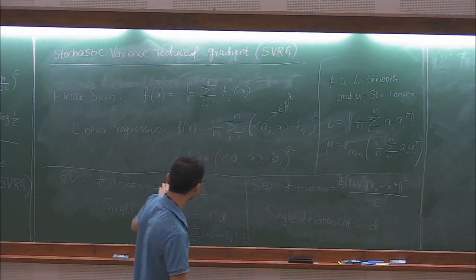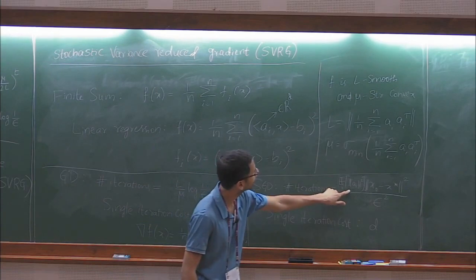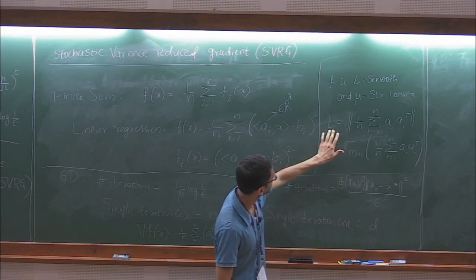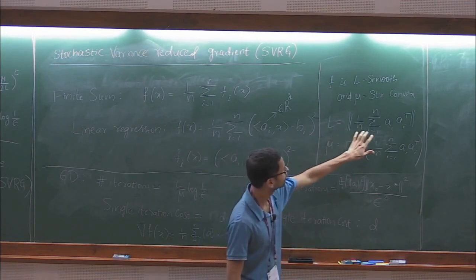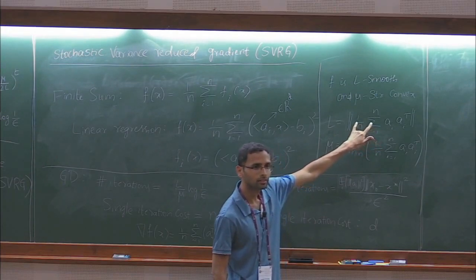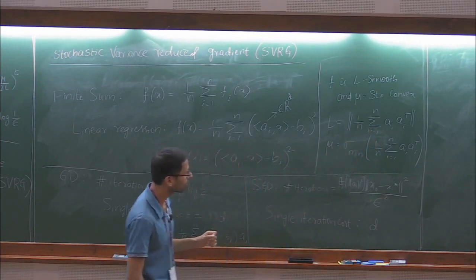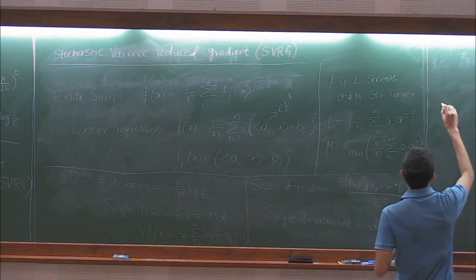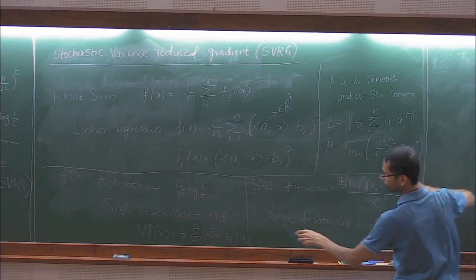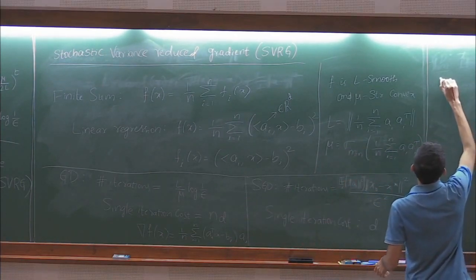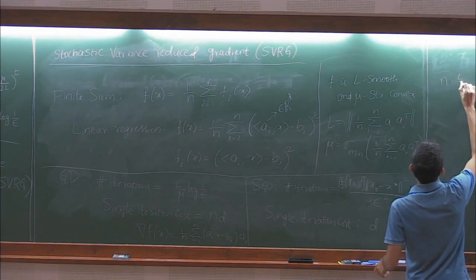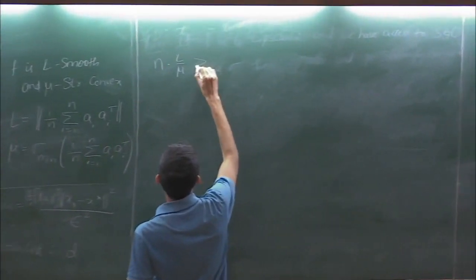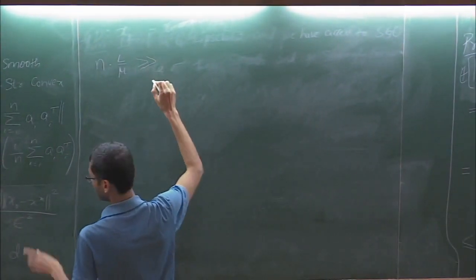Actually, there is some connection between the smoothness here and norms of AI square here, because the L is the operator norm of this matrix, which is the average of all of these, right? So there is a connection between L and norm of AI, but for now, I think it suffices to generally think that if you take the product here, n times L over mu is much larger compared to